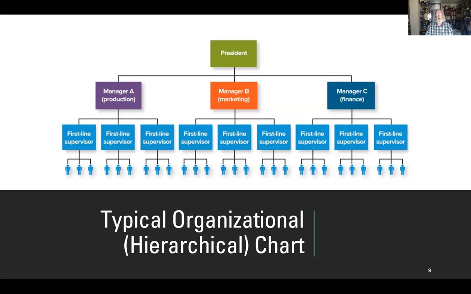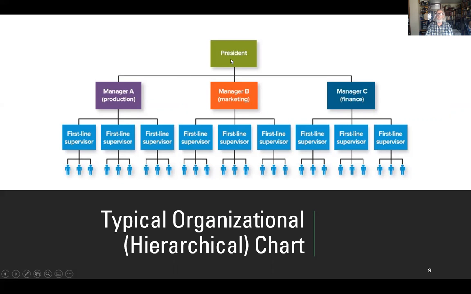And so here's a hierarchical chart that shows just some very basic relationships. Here's our top manager, the president, manager A of production, B of marketing, C of finance. So what seems to be missing when I look at this is there aren't any VPs. So we do have some top management here, but no vice presidents. These to me have to be middle managers. And the reason is that these first line managers are reporting to these people. First line managers, remember, do not report to VPs, they report to middle managers.